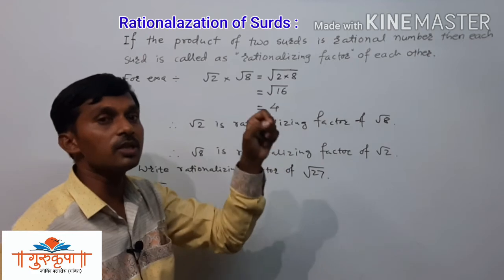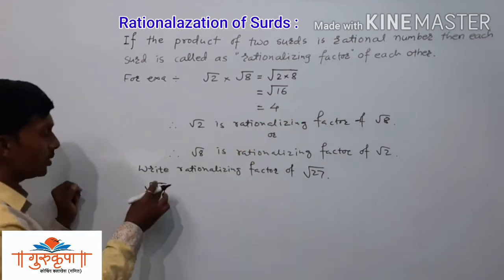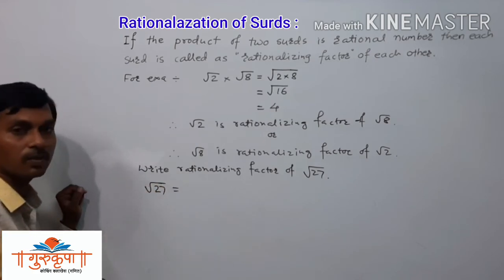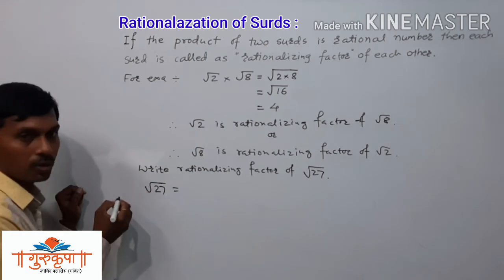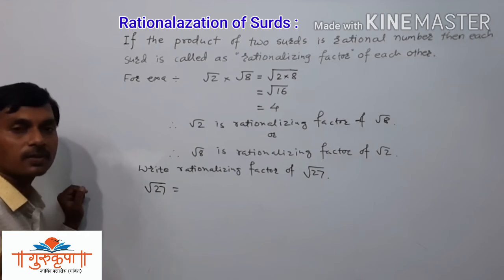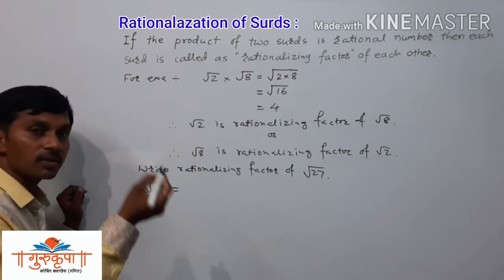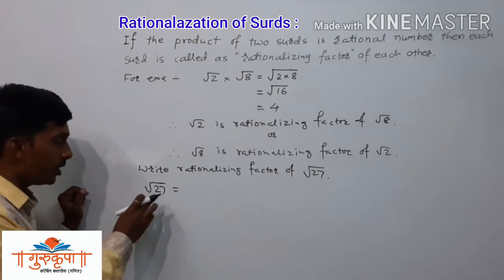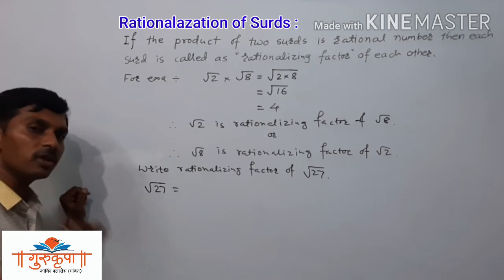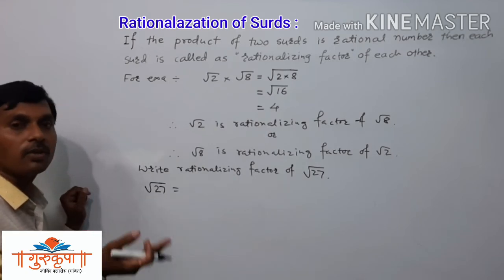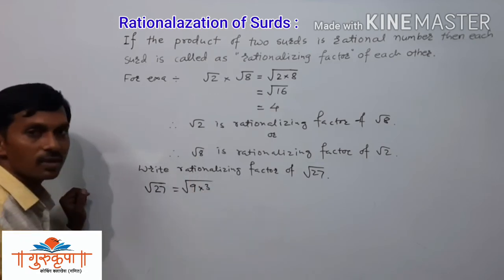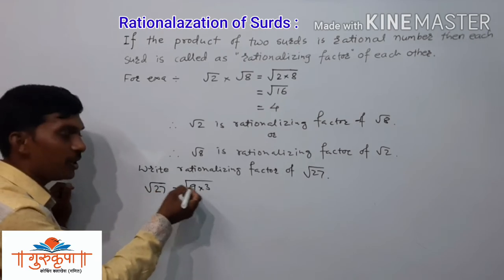But how to get the simplest rationalizing factor? So we have to write the given number in the simplest form. So how you can write the √27 into simplest form? Here the order is 2. So we have to factorize 27 such that one of the factors' square root should be possible to find. 27 चे असे फॅक्टर्स आपल्याला फाइंड करायचे आहेत की दोघांपैकी एकाचं स्क्वेअर रूट निघणं आवश्यकच आहे. So is it possible to get the factors? Yes, we can get the factors. That is 9 into 3. We can write this 27 as 9 into 3.